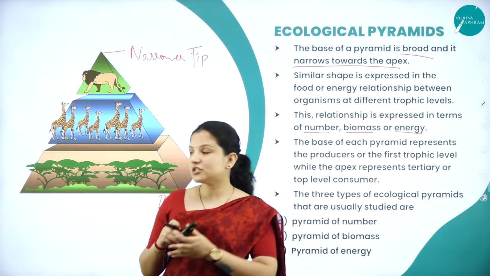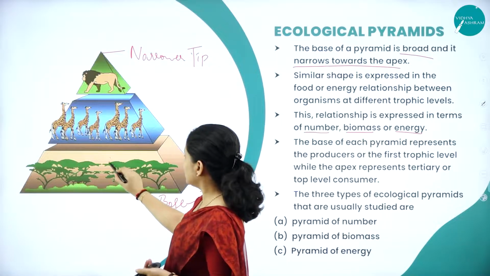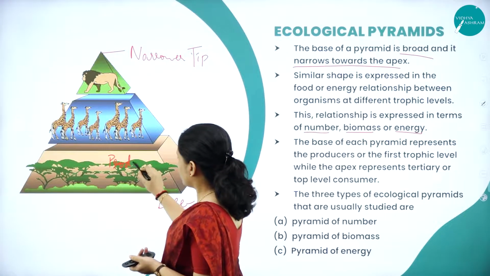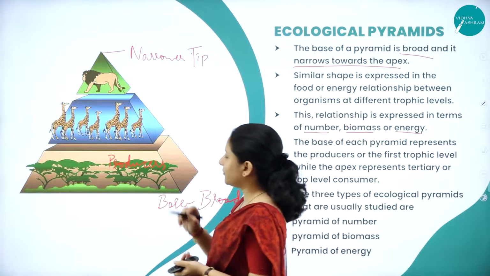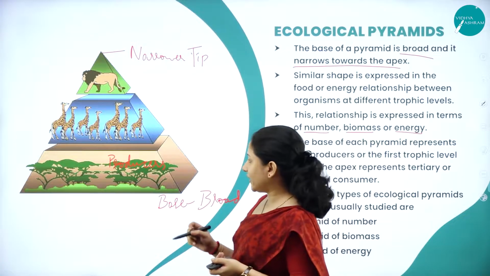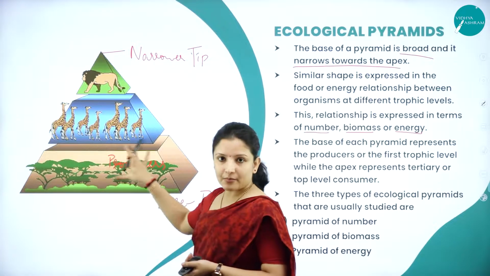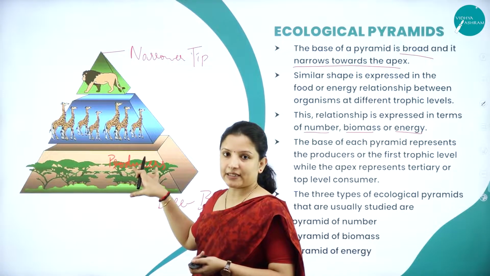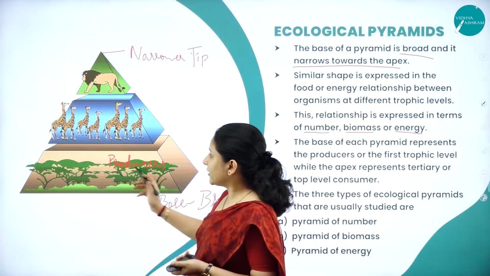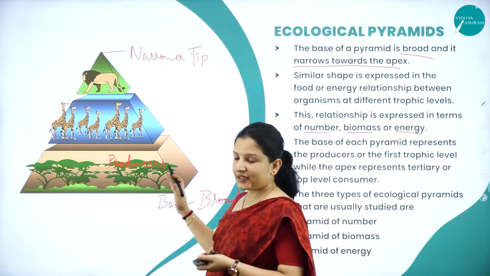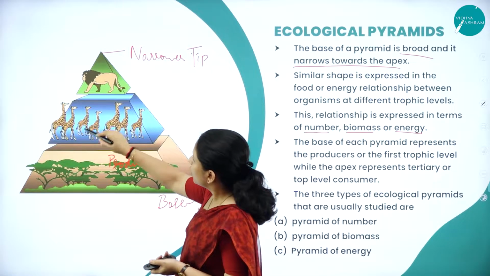Therefore, the producers, which lie at the base, are the plants. Remember the previous session wherein we learned that the producers are the plants. They are more in number. Plants are more in number on this planet, right? So they are more in number, therefore they have a broader base. And as we go up, we have the